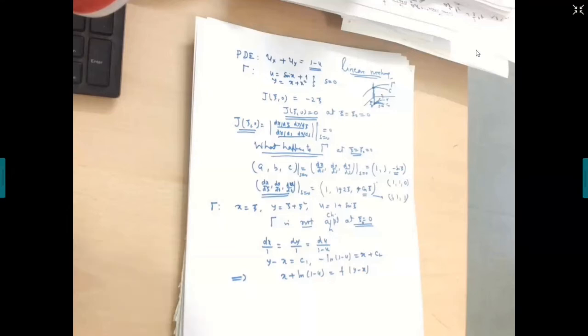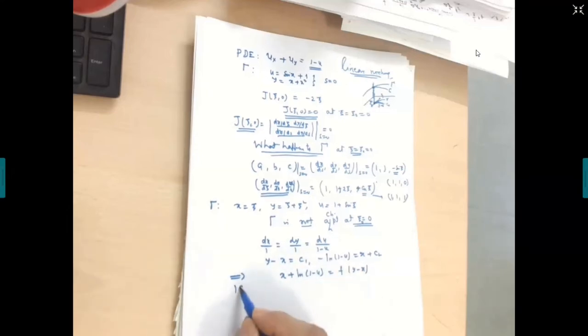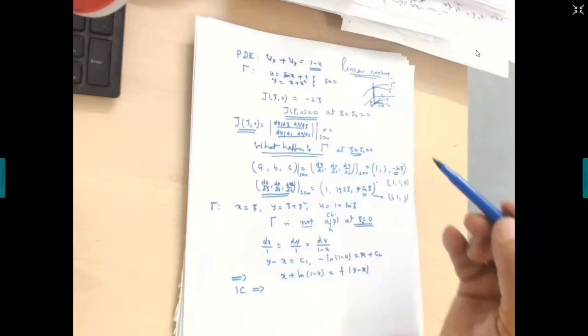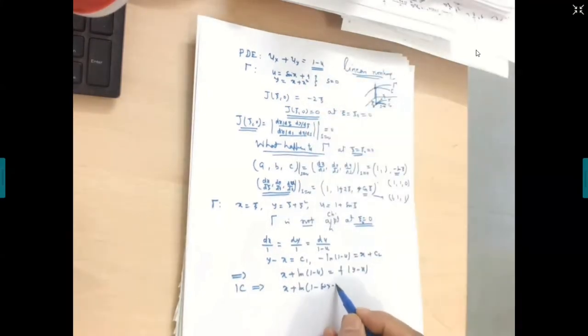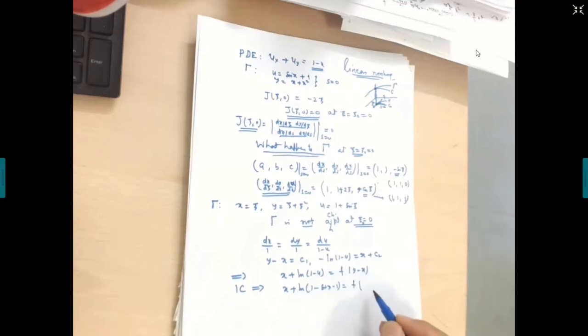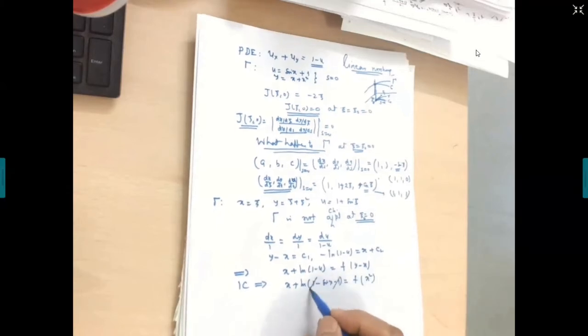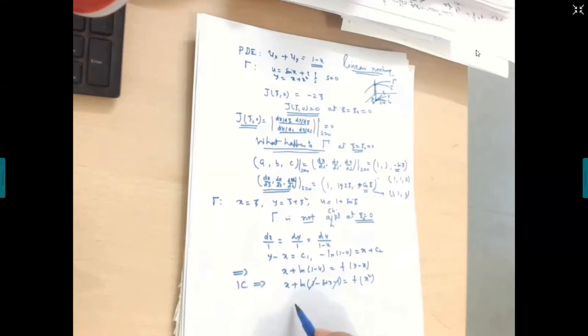All right. So from here, if I make use of the initial conditions, what do we get? At initial condition, x is fine. ln of 1 minus u. U in this case is minus sine x minus 1, different from the earlier. This is f of y minus x. Y minus x is your x square. So this gets cancelled. Am I right? This is 1 plus sine x. Am I right? Yes, sir. 1 plus sine x. Yeah, this is correct.